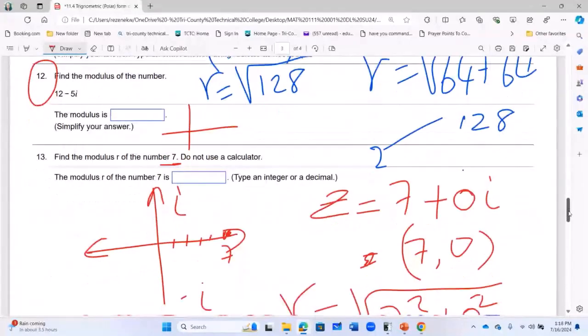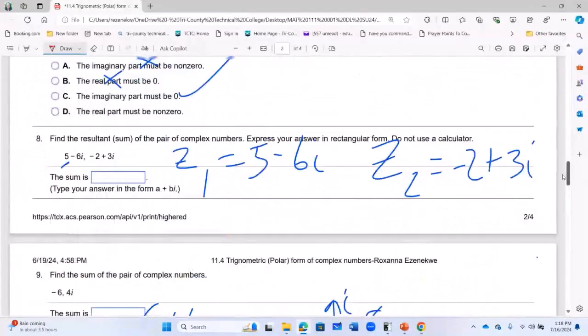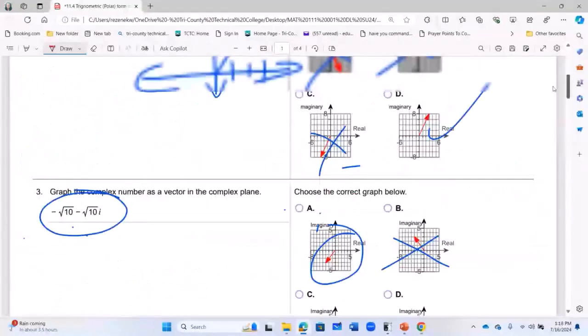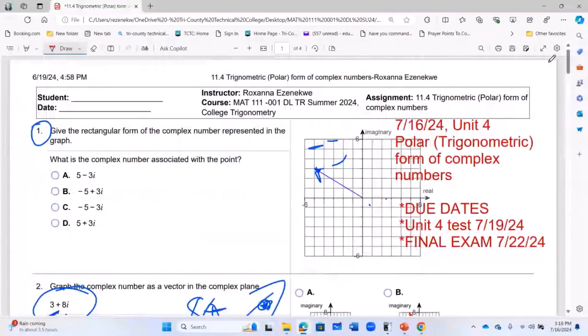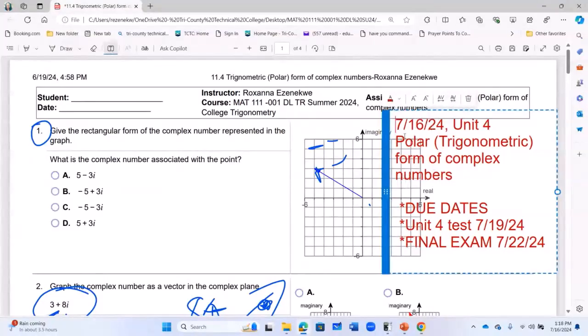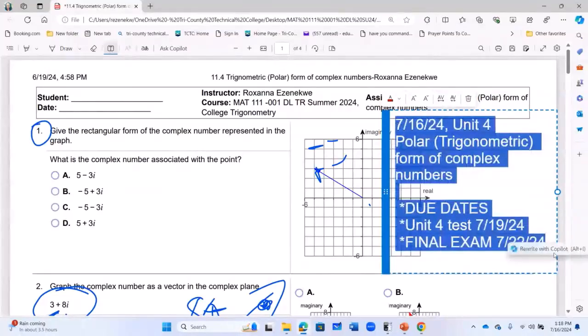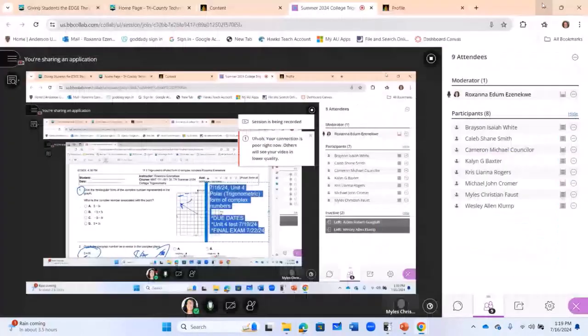Fine. There's no question number 14. So this is homework for tonight. You can do it. If you can do it, then trust me, you can do the test part of 11.4. Let's go to section 11.5. So now we're going to section 11.5. We're done with section 11.4. We're getting there. I'm going to copy this just in case anybody comes in late. So now we are all going to section 11.5. And I'm going to turn this